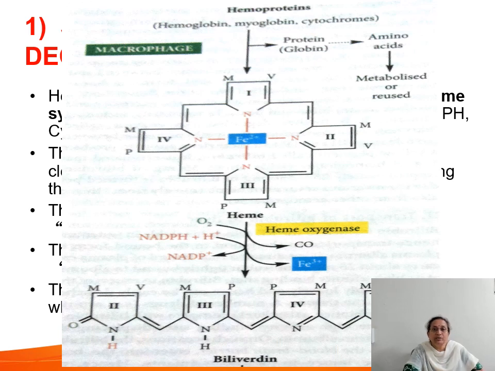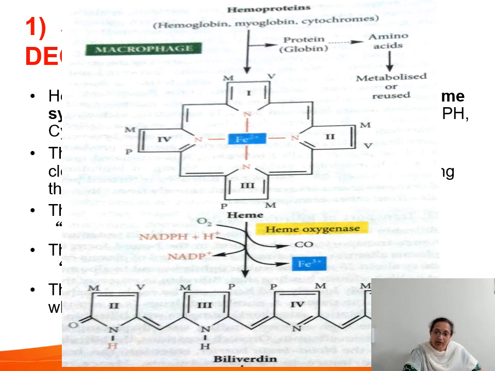Okay, here it goes. Hemoglobin in the macrophages or the reticuloendothelial cells is broken down into heme and globin. Globin gives rise to its independent amino acids, and these amino acids are either metabolized or reused. Then the leftover non-protein part is the heme. This heme will give out its iron, and iron is reutilized. Then the molecule is acted upon by heme oxygenase, liberating iron,